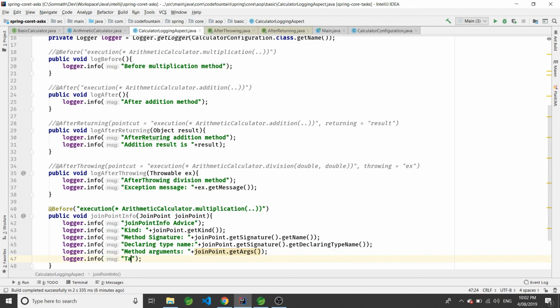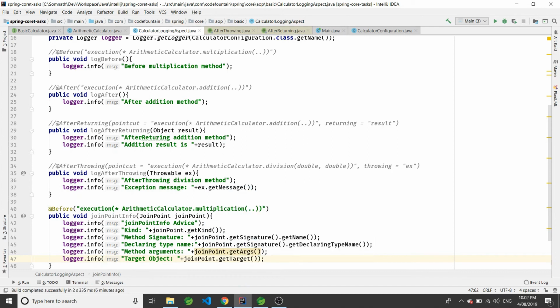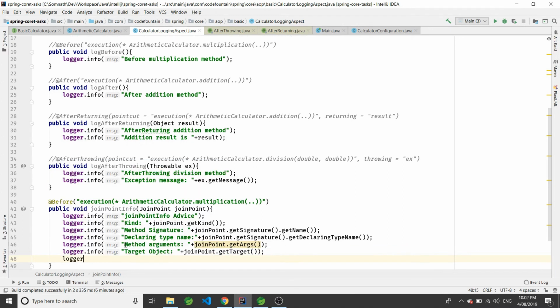Then we are going to print the target object. And lastly, we are going to print this object, the current object, the proxy object.